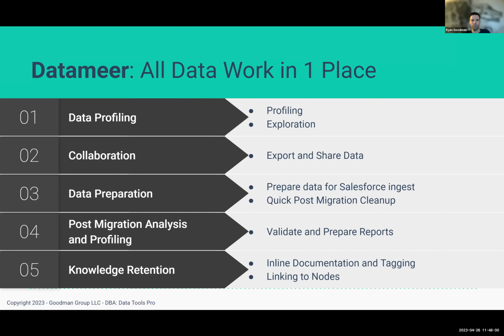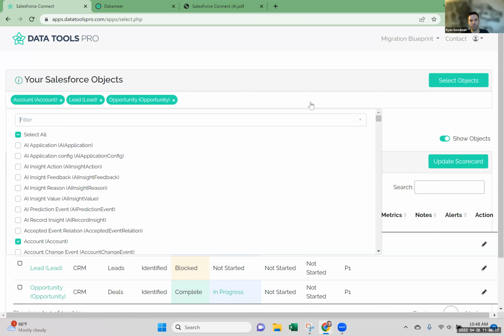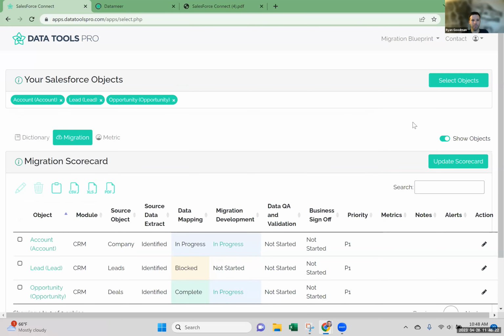And so hopefully we can see my screen. So this is the Data Tools app. And ultimately what this does is it connects directly into your Salesforce instance, and it only connects to metadata, so the objects and fields. So the idea is that you can click and select only the objects that you're migrating into, and it will then automatically populate a scorecard so that you can keep track of where you're at in